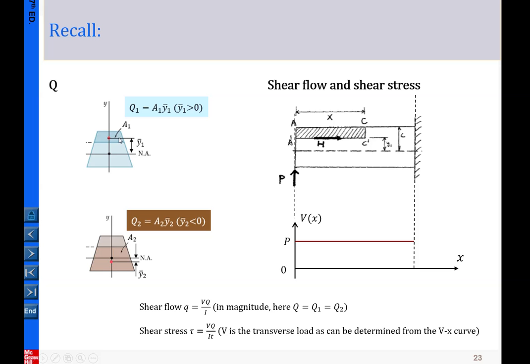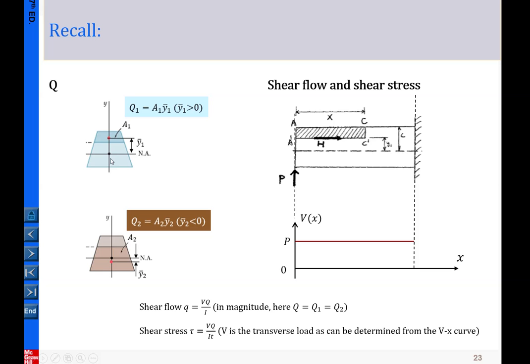The Q is for the shaded area, and once you select the level at which you're interested in determining the shear stress, shear flow, or shear force, the shaded area can be either the area in the cross section above the level you select or below. Either option will allow you to determine the value of the Q, and either option will reach the same magnitude of the Q, but they are simply opposite in sign. Okay,